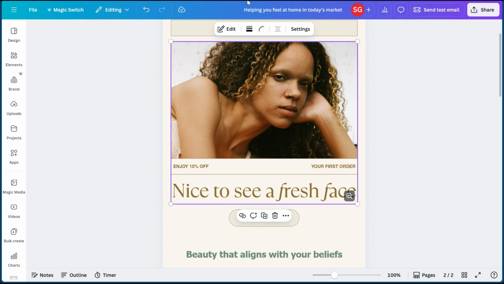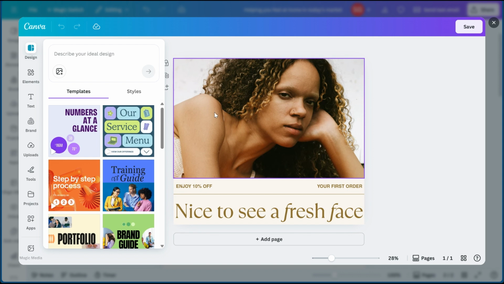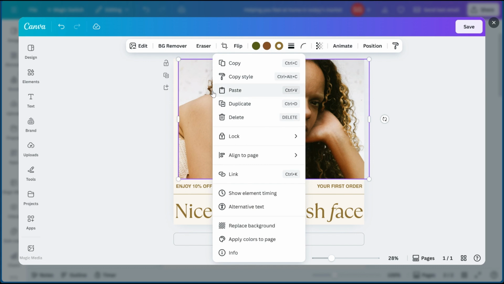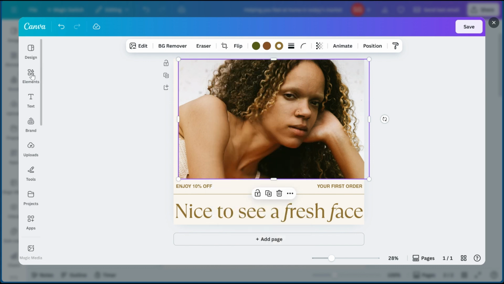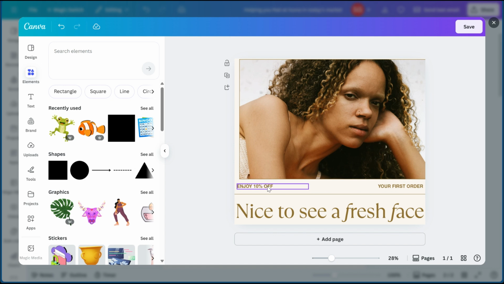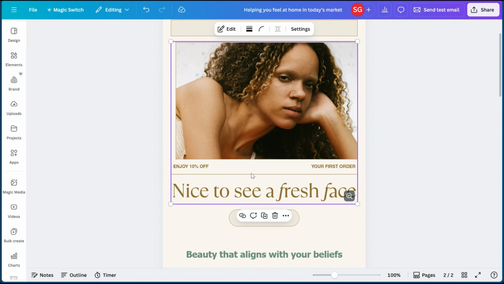So this is how you can go ahead and edit it. Like I said, you select this area, you hit edit, and then this little Canva circle is going to pop up, and you can edit this whole section. So this is a great way to save time. Again, you can remove this. Go ahead and go to your elements and add a different image, or if you have images that you need to upload for your business, you can upload it, put it there. You can change the font color, you can change the font. All of these can be changed, and then you go ahead and hit save,